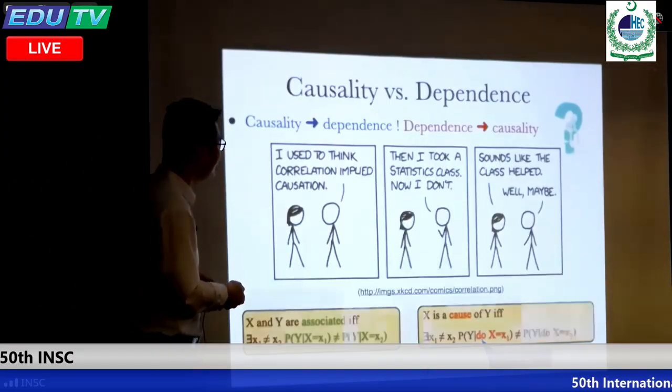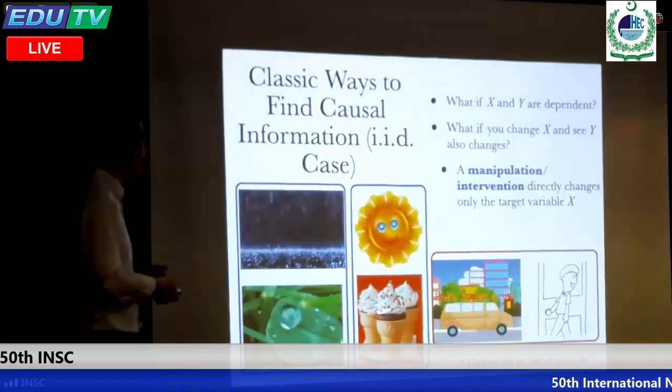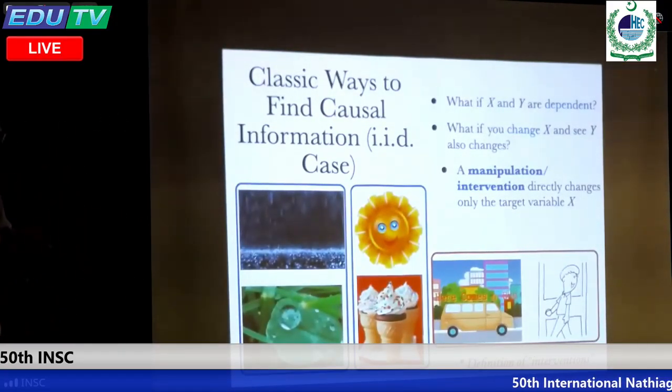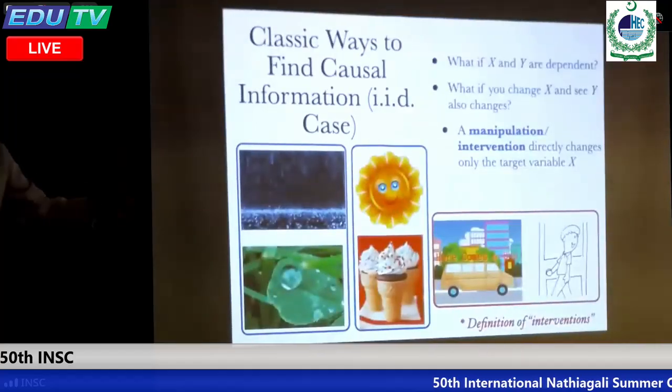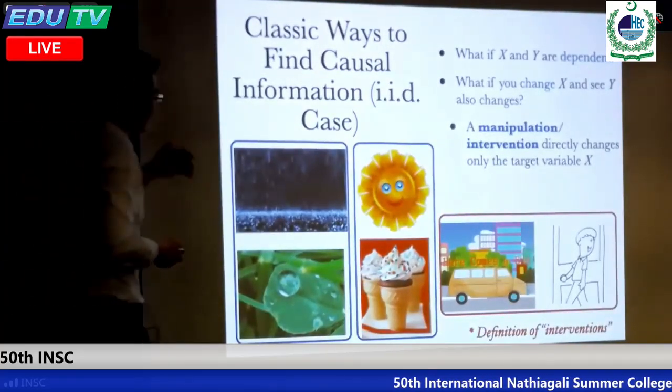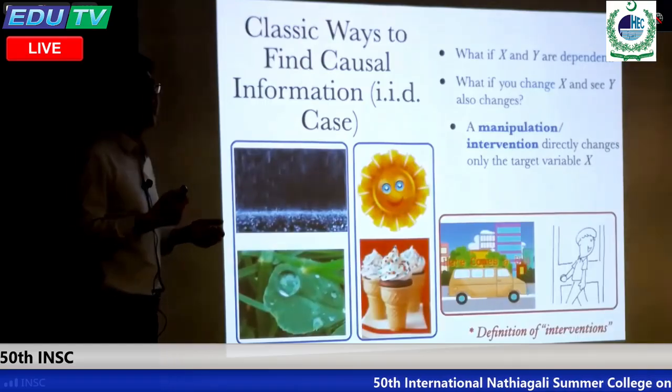Okay, this is causality. So we know what we mean by intervention. We know we have to define causality through intervention because this is a kind of controlled change. I only make a difference here, and then if I see a change in some other variables, I know there must be a pathway for this variable to change that, right? So we can define causality. Then this is the classic way to discover causality.